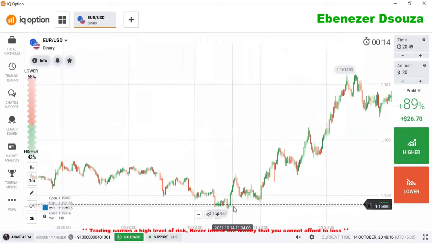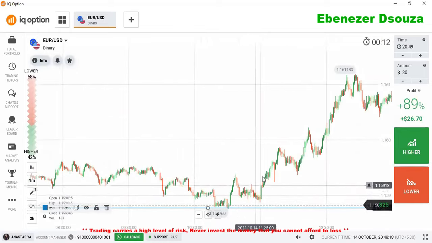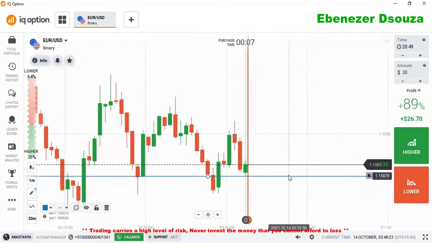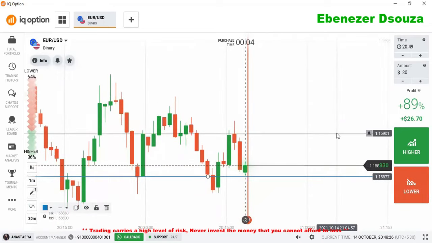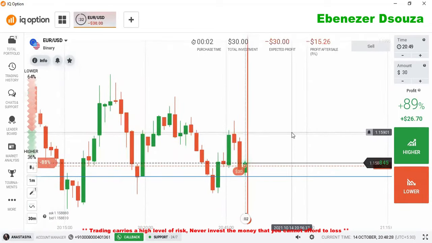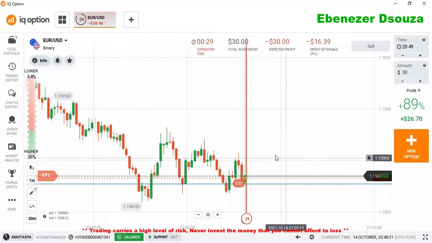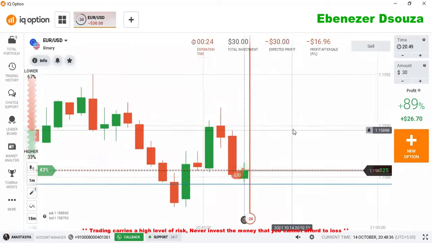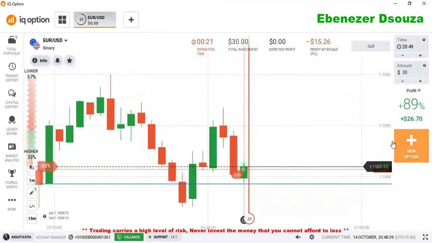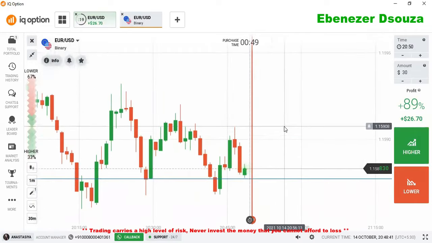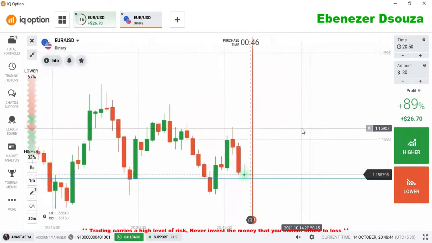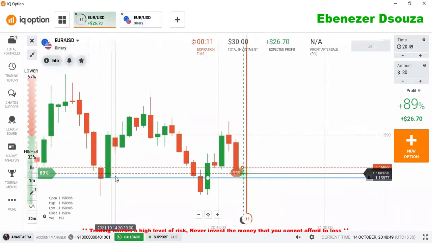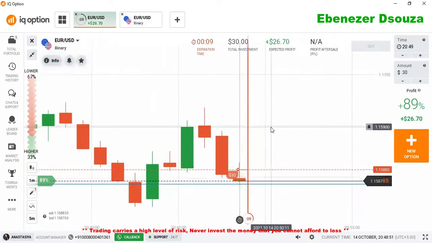Okay, there is a level. So I placed a lower option trade because there is an extreme level here, but still there is a gap to the next level, and this candle is a very strong candlestick. It means sellers may try to make a bearish candlestick easily here to fill this gap. That's why I placed a lower option trade with some margin of safety, because it's a buyer's area too, so better to place our trade with margin of safety only.